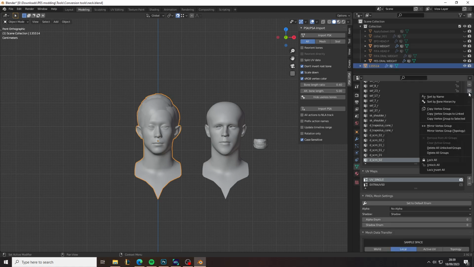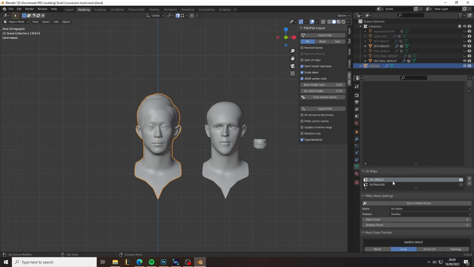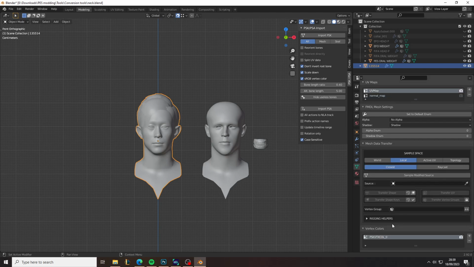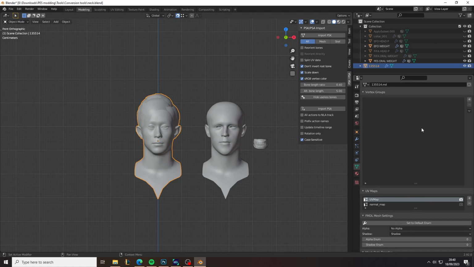Now you want to delete all the vertex groups. You want to rename the UV maps to UV map, and this is important, this needs to be named correctly so the game can read it and the conversion is correct. And then scroll down to the vertex colors. You want to rename this one to edit, and then create a new one called anim for the animation. Just select edit and not UV map after. After you've done this,